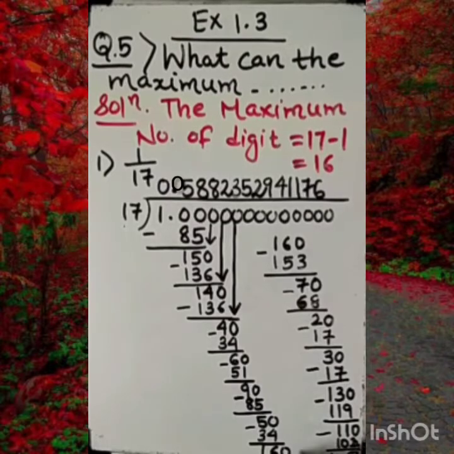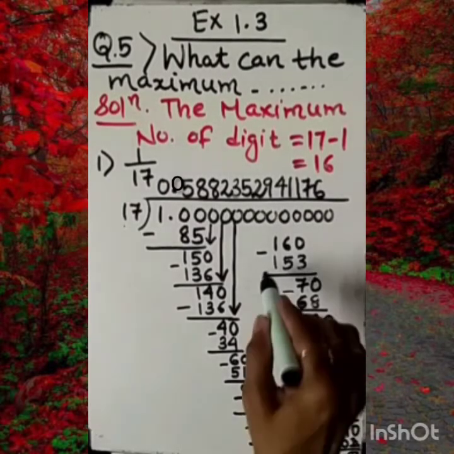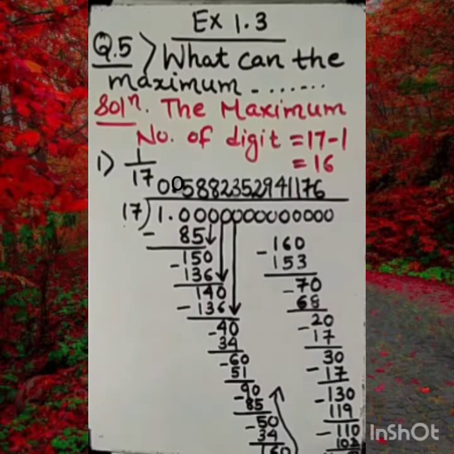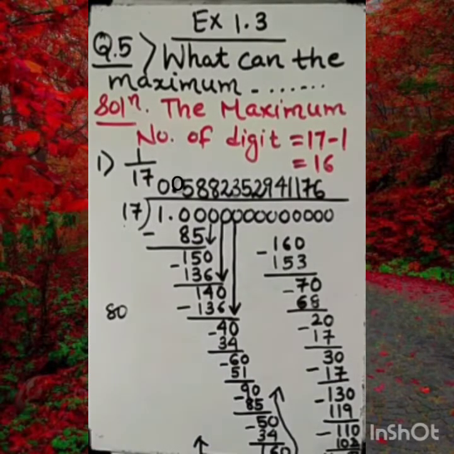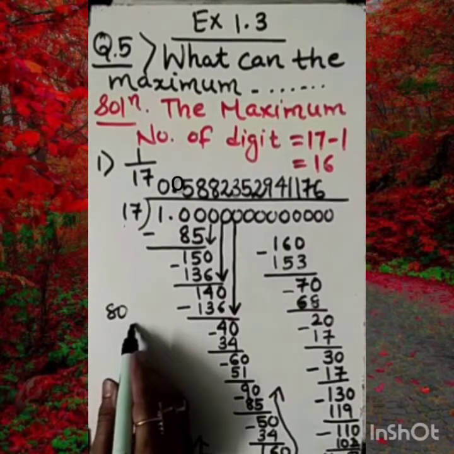So further I am doing to this side. Okay, this I have kept up. Now I am proceeding towards this side. Just see this now here. This side 8 is there. So let me go with the 80. One more 0 I am adding. So here it will be 80.